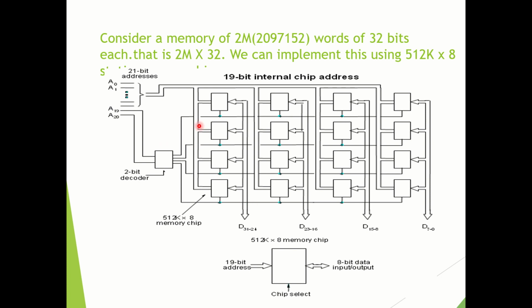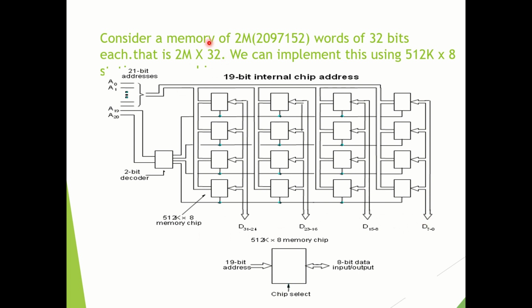Based on the value of this input, the decoder will select the appropriate row. I think you remember the word line in the case of the simple architecture. Similar to the word line, here the 2-bit decoder will select, based on the higher order address value, the appropriate row. That particular row will be activated, and the value from each corresponding cell will be output into the corresponding data lines.